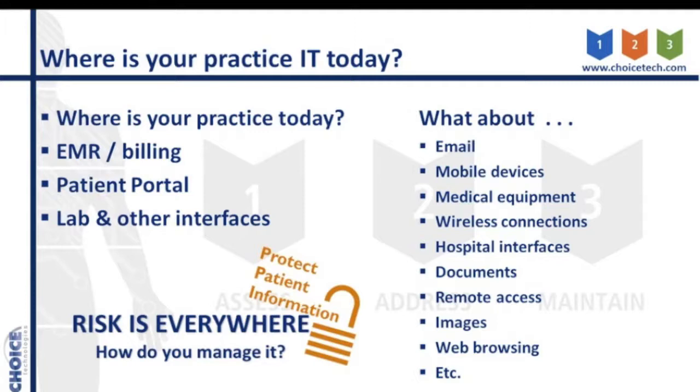Most, if not all, practices we support have email, and maybe some kind of texting. They have mobile devices, and they have multiple types. They might have iPhones, Droids, Windows devices. It's kind of a bring your own device. We're seeing more and more medical equipment being tied in, whether it's a Holter monitor, an EKG machine, or ultrasound equipment. All the new medical equipment that's coming out today is being interfaced with EMRs